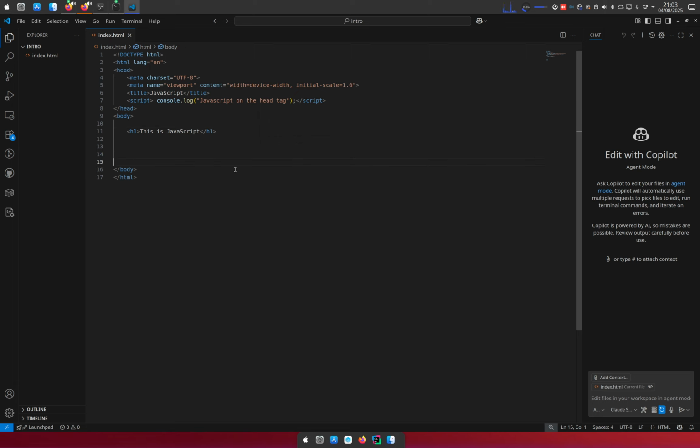And then right before closing the body tag, we can have a script tag. Maybe I didn't mention this, but whenever you're having JavaScript like this, it is called inline JavaScript. It's not on a separate file, it's just inside HTML. You just have a script tag, and then you can have your JavaScript inside there. So you can just copy this and paste it over here. Then we can maybe say JavaScript in the body tag.